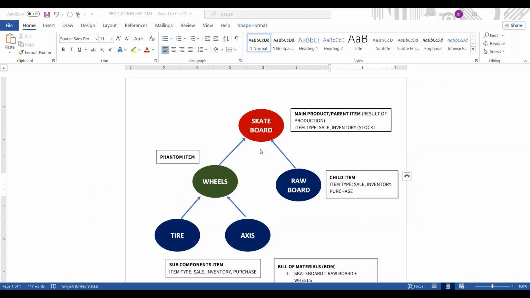Anyway, let's talk about this, showing the standard production process using a standard production order. For this particular scenario, our parent item or finished product is a skateboard, and we have the following components and sub-components.